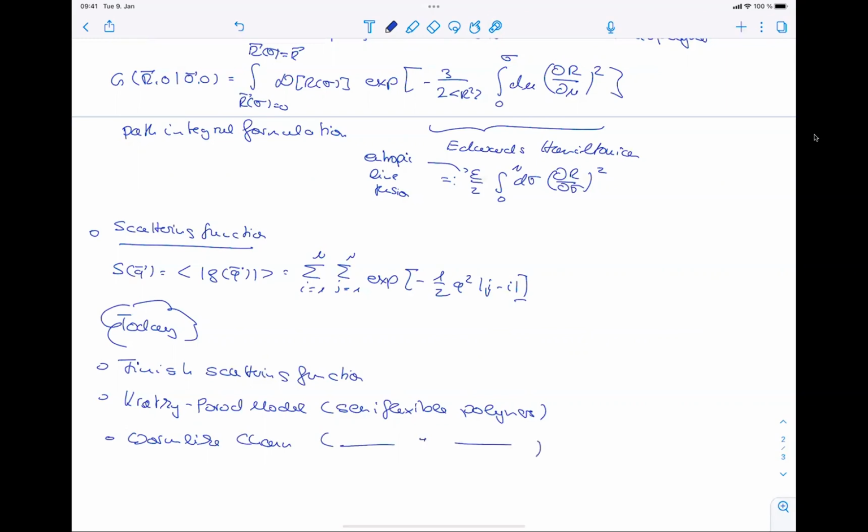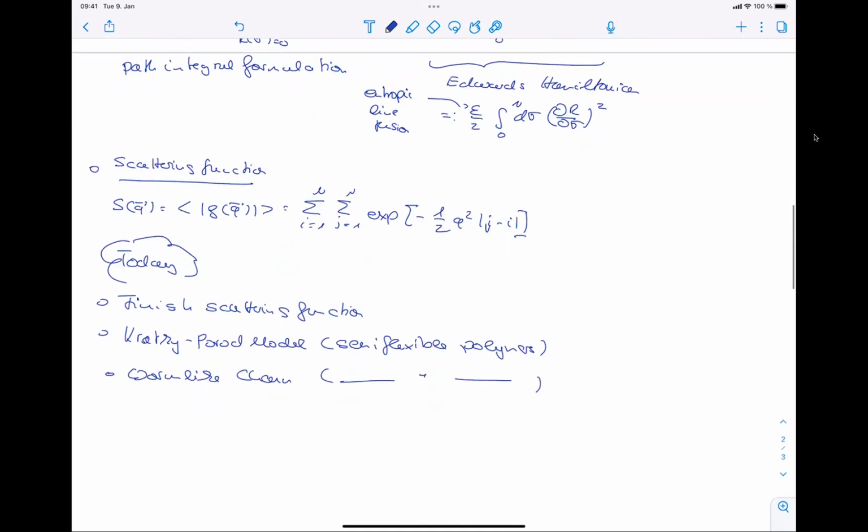Okay, so if we now continue on the scattering function,